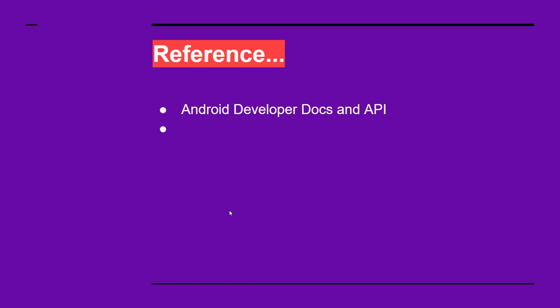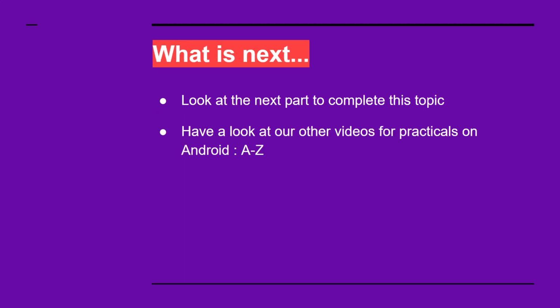The references we used are the Android developer docs. Now if you look at the previous parts, part 1 and 2, we explained the limitations of this. There are still limitations, so we can solve these limitations using alternative layouts, which is a very important lesson, especially when you are developing apps. You need to know about that in order for your app to be compatible on multiple devices and multiple screens. So it's not only just developing an app, as we said in the previous lecture. If you only know how to develop the app, it won't work well on all devices, as clearly shown earlier.